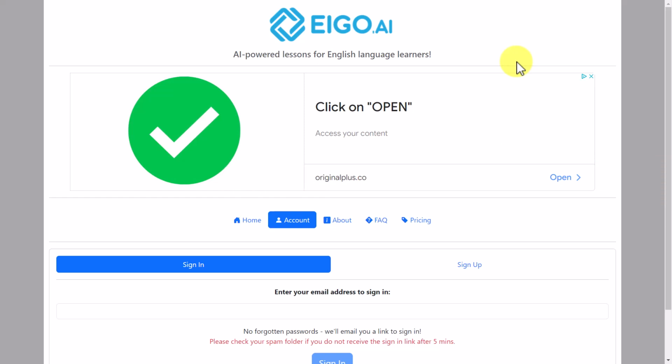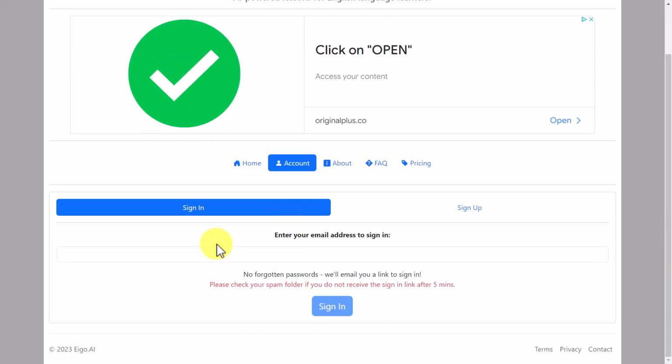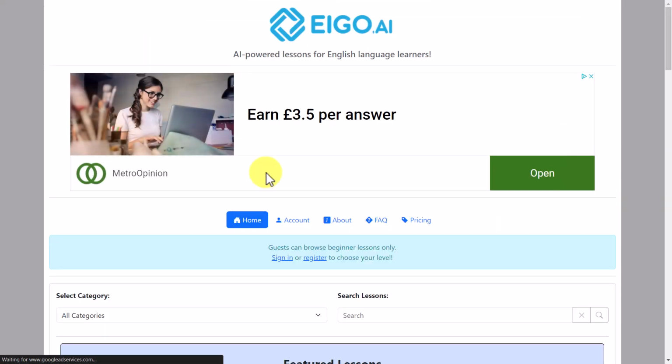I'm not very happy with the sign-in process because I've signed in, and yet every time I go to sign in again, it seems that I need to actually check my emails to confirm my signing, which is a little bit annoying, and I will be getting back to the company and letting them know this. But if I just jump very quickly to the home page anyway, because the content is free and you can kind of come on here,